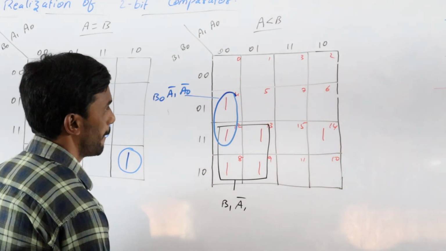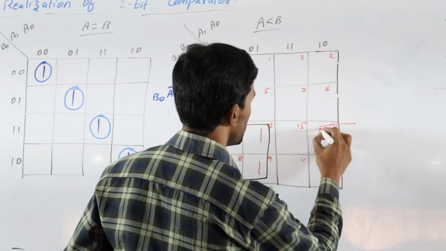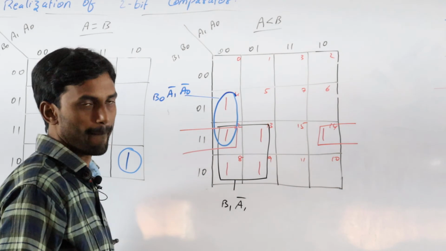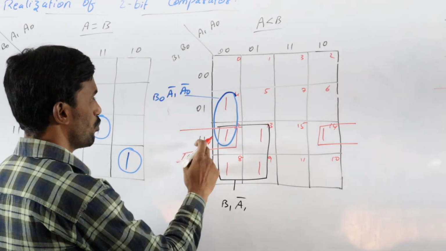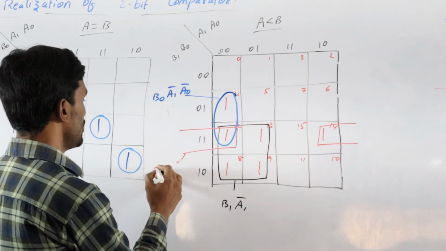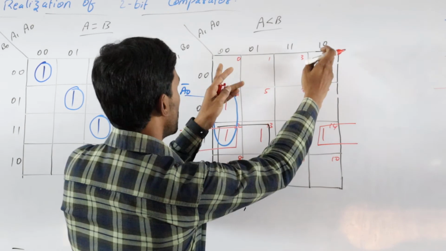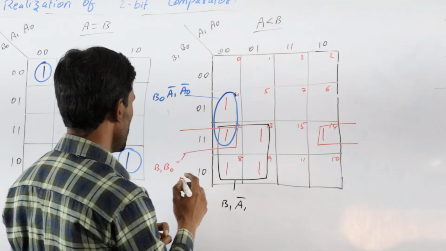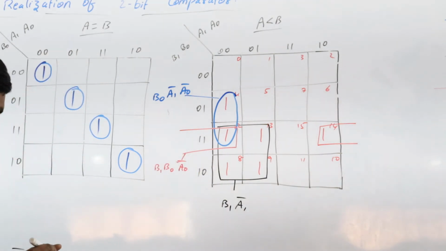Next grouping. Again 2 group. Is there a possibility? Yes, of course. This is the possibility, this one and this one. Let's check the name for it. It is made with only one row. That is 1, 1, that is B1, B0. It is made with 2 columns. Let's check. A1 is 0, 1, no need to take. A0 is 0, 0, so it is A0 bar. So 3 min terms I got.